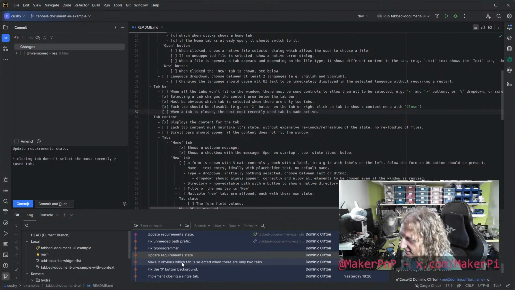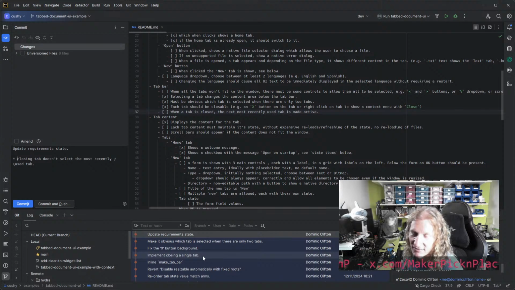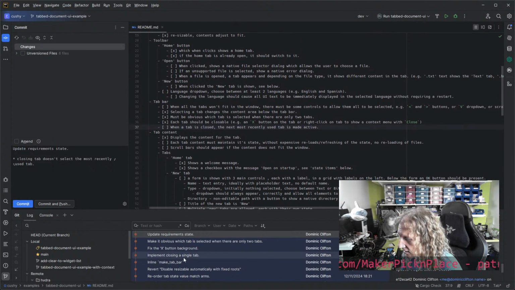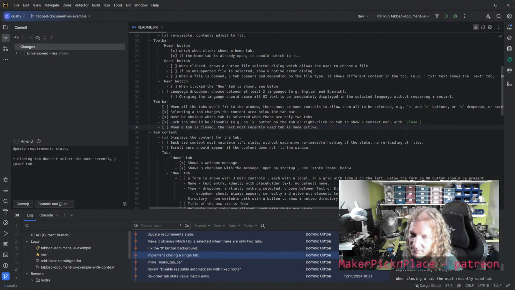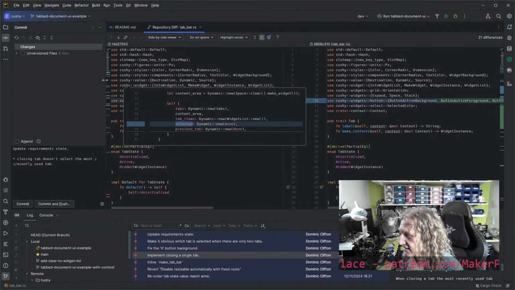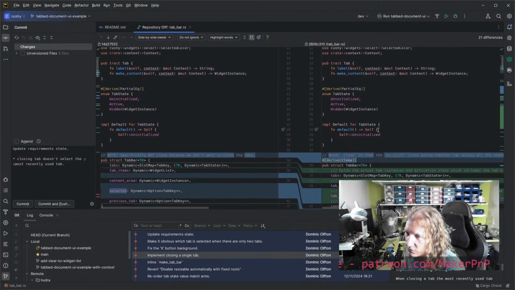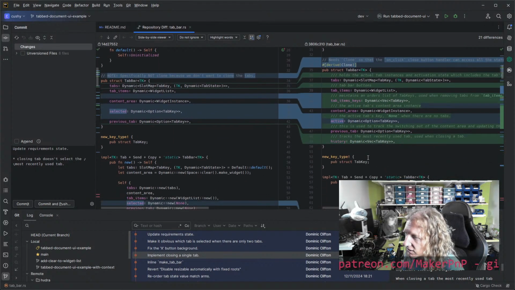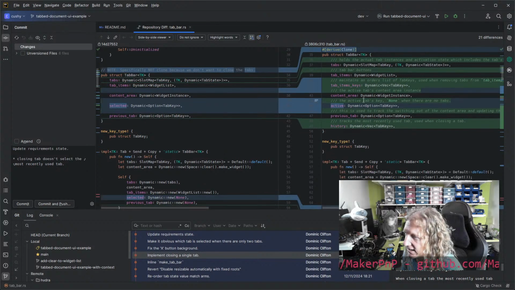Yeah, what happened yesterday? Right, so quite a lot of things happened yesterday. Let me show you some madness. What I consider to be madness, anyway. Implement closing a single tab, right? This is what we had to do in order to do it. Get ready for just a crazy voyage. So in order to do it, well, yeah, we had to add tab items keys